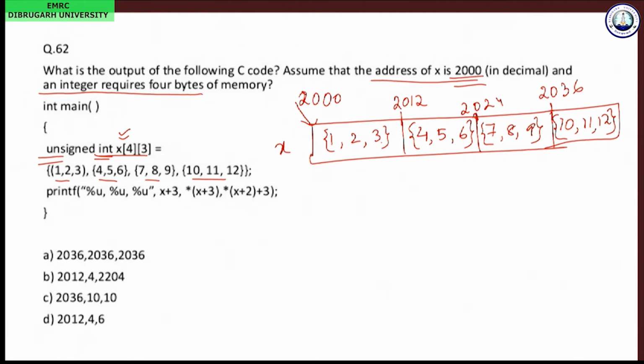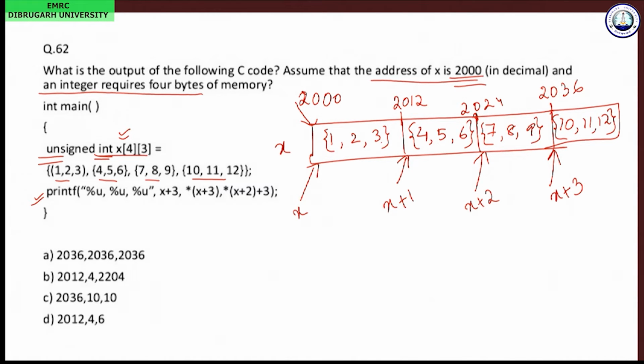Now coming to this statement, they have given x plus 3. So what is x? If this is the x which is pointing to this location, then this is your x plus 1 location. It will be x plus 2, x plus 3.